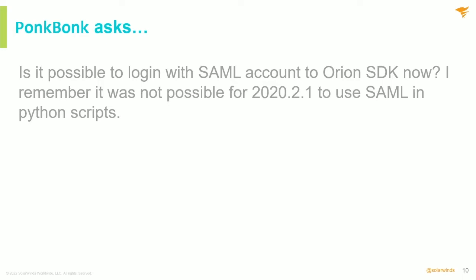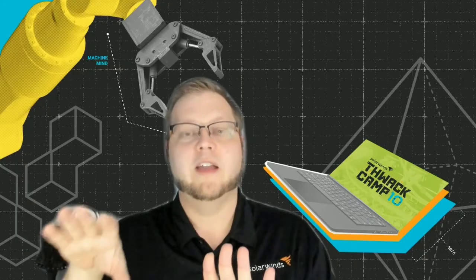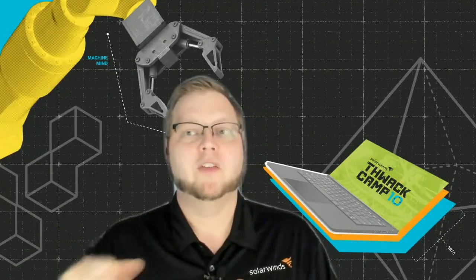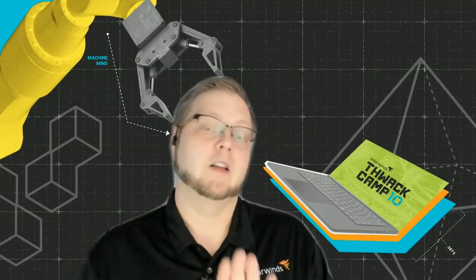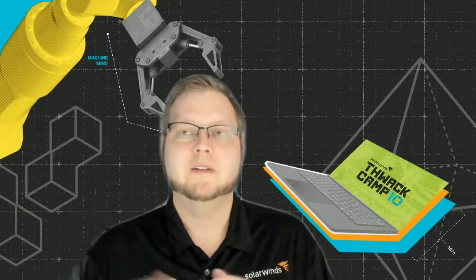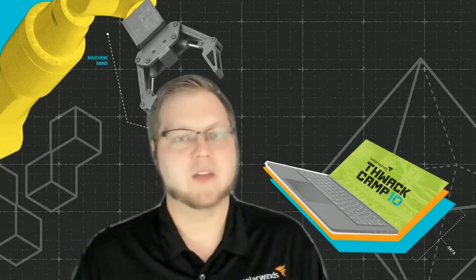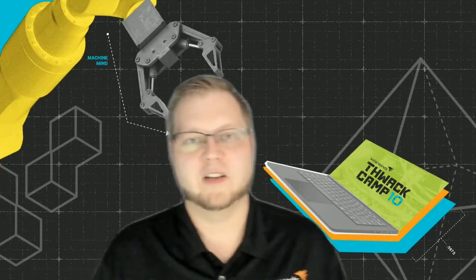Most people, and I say this knowing that not every environment is going to be the same, set up a utility server that sits in the infrastructure somewhere near their Orion server, and they use an Orion local account that has obviously many rights, but is also highly tracked in the audit logs. So you can use basically just the Orion authentication username and password combo. It is encrypted all the time because we talk over a secure channel, so you don't have to worry about any type of man-in-the-middle stuff. But that being said, I don't think we have SAML authentication in the Python scripts.